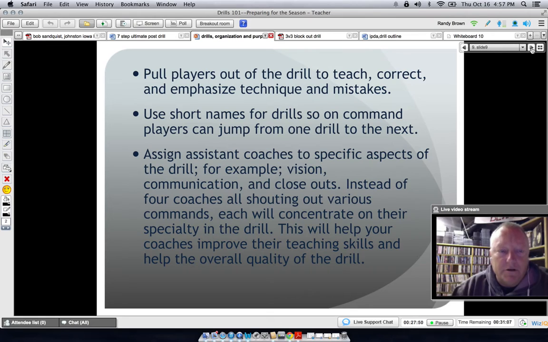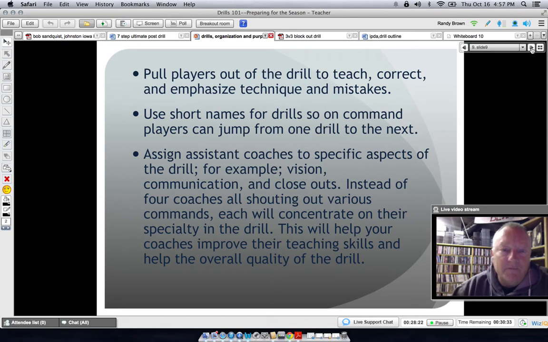I think really good coaches and assistant coaches have the freedom to pull players out of the drill, to teach correct and emphasize technique and mistakes. I think it is really hard for a player in the heat of the drill, in the heat of practice, to be having a coach bark instructions to them while the play is going on with all the things they've got to remember, and to really hear what you're saying and execute it. So pull a player out of a drill that's not